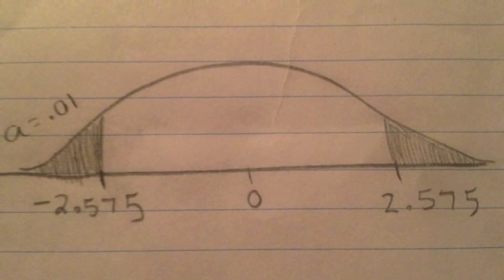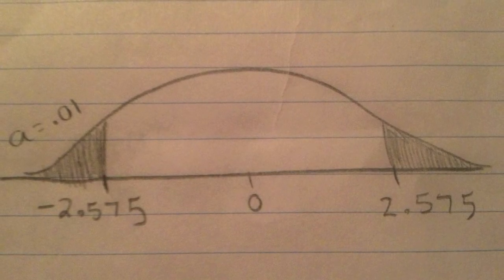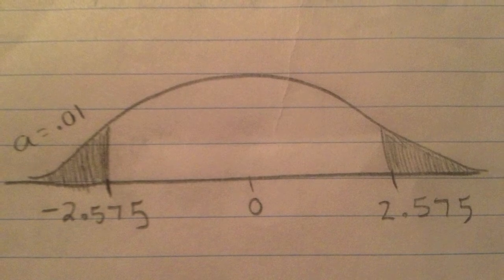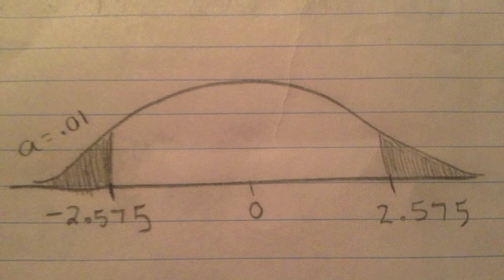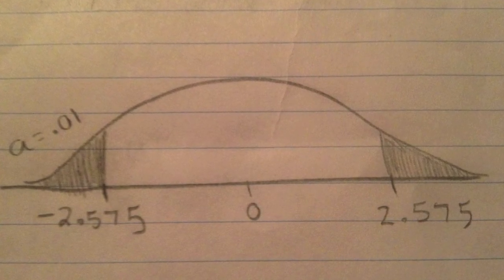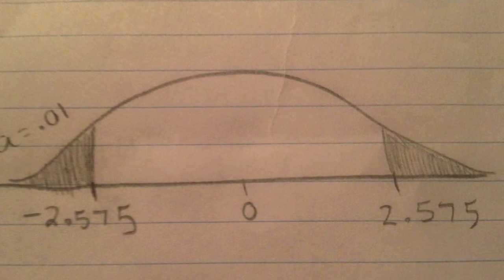After that, you can go ahead and look on the back of your z chart and look up the number 0.01 for your alpha and find the critical value of 2.575 for the two-tailed test that you'll be doing. On the left side of your graph, you'll write negative 2.575, and on the right, you'll write positive 2.575 and